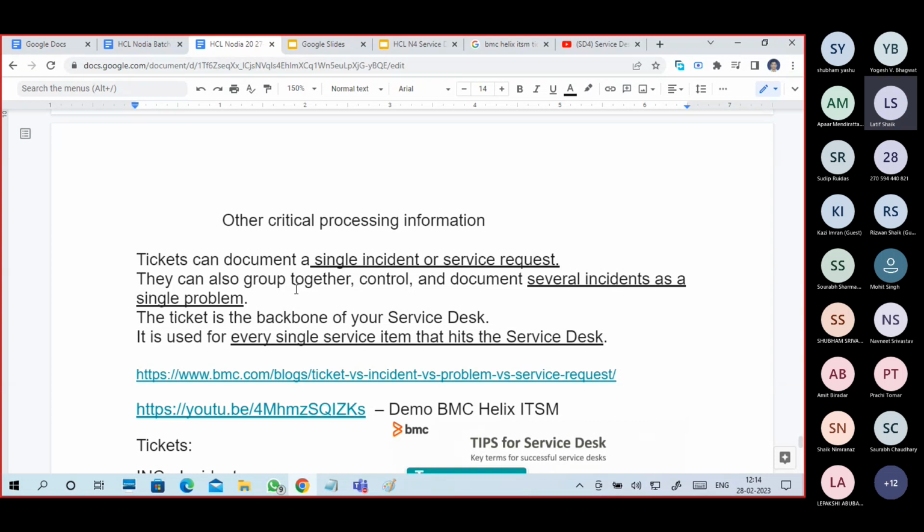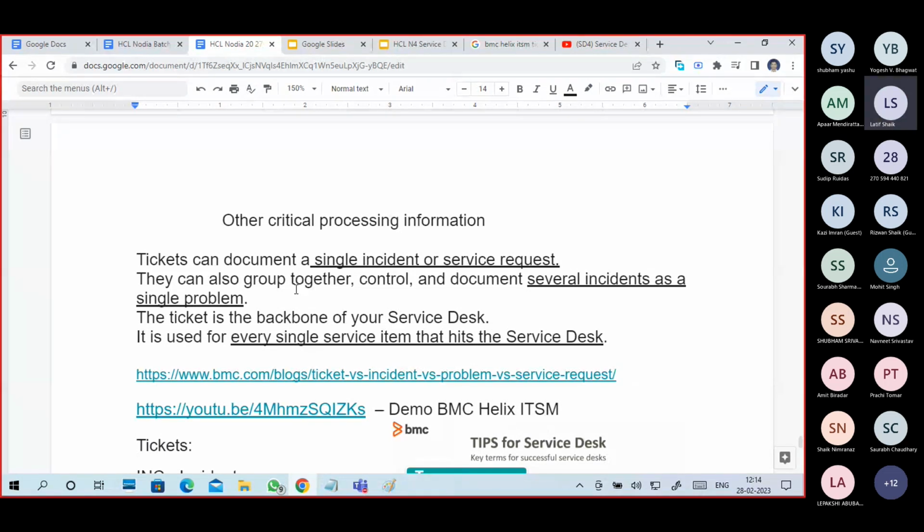A ticket can be a single incident or a single request, and it can also be a group of incidents as a single problem. Multiple incidents occur, so you combine all these incidents and group them together as a single problem. Guys, problems never occur directly. Incidents are converted into problems.